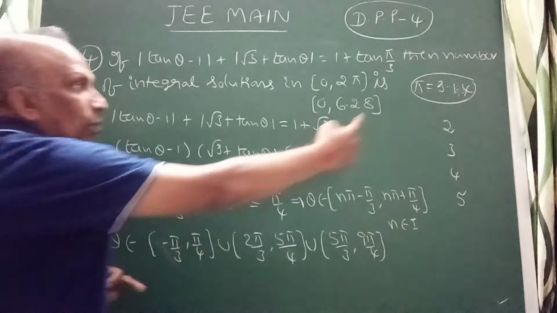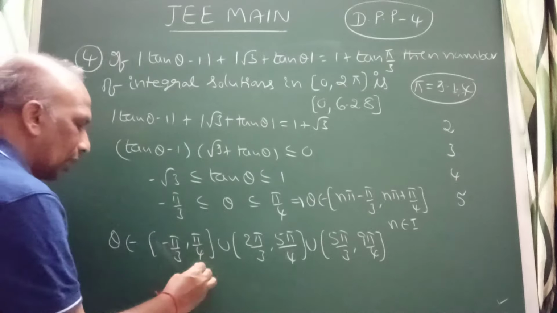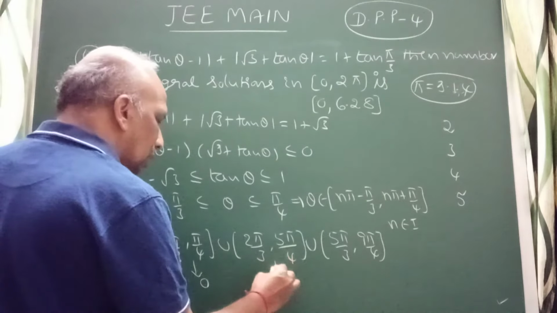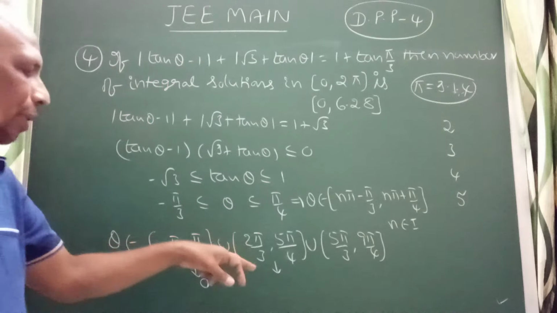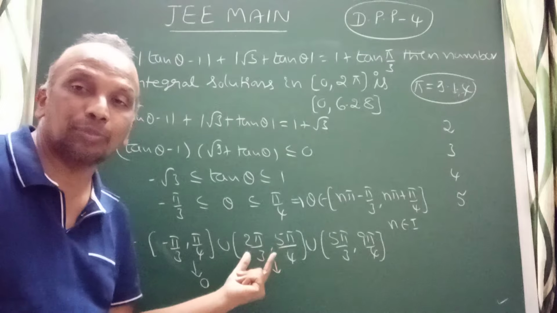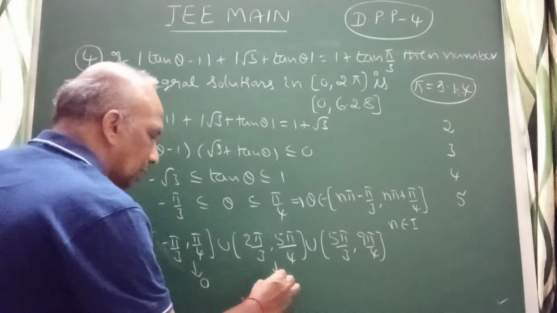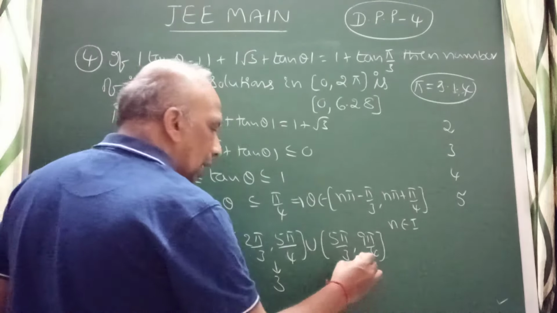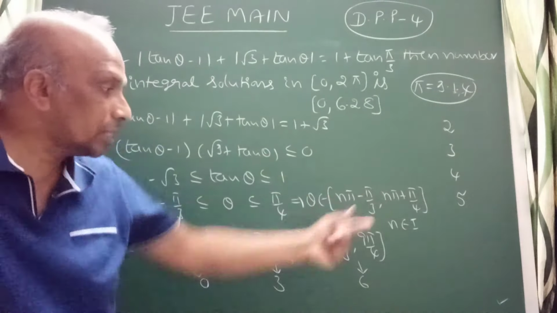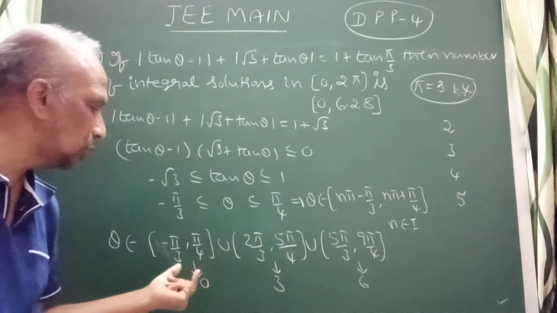See, we consider pi equal to 3.14. We get only one integer here, 0. Here we get an integer, you can see, 2 into pi by 3, 3.14 into 2 is 6 point something, this is 2 point something. You will get one integer, 3. This also we get like this, 6 is one of the integers. Only 6 is the integer. Here 3 is the integer, 0 is the integer.